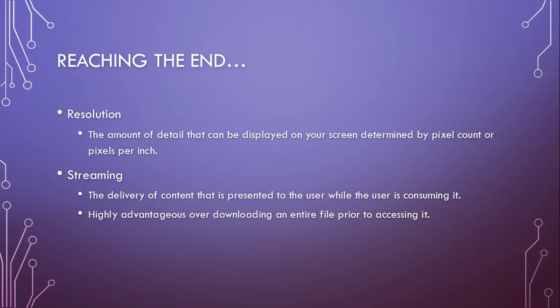If you just look at how files used to be, let's say back in the early days of the internet, if I wanted to watch a video, I would have to download the entire video first before I would be able to watch it. So I'd have to wait for all the packets to come through and reassemble, then I could watch the video. But now with streaming, I don't need to do that. Instead, I wait for those packets to come through, and I can watch the video as they're coming in.